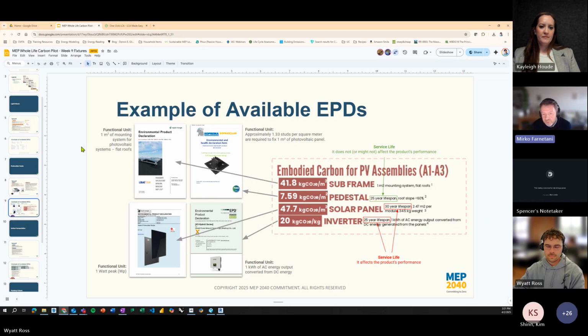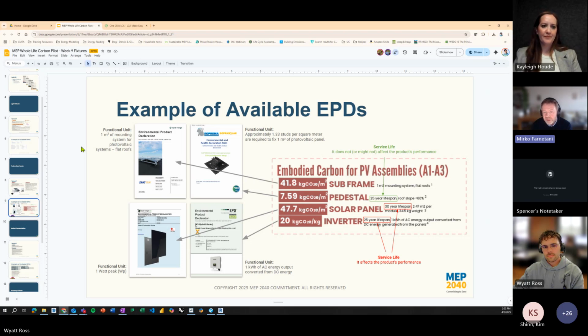I think another important aspect is the service life. You can see on the right-hand side a couple of notes about service life. Particularly the service life in red could affect the product performance, for example, inverter and PV panels.